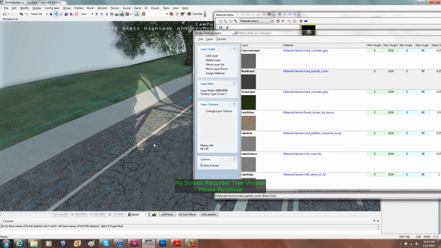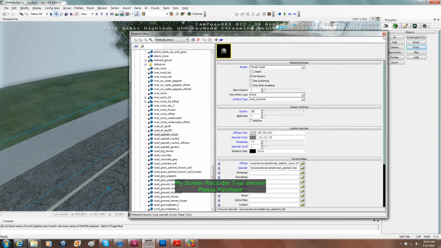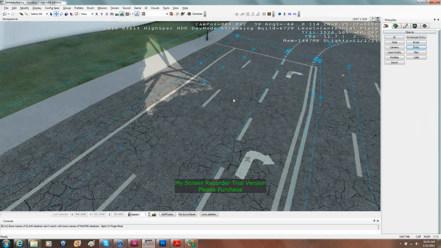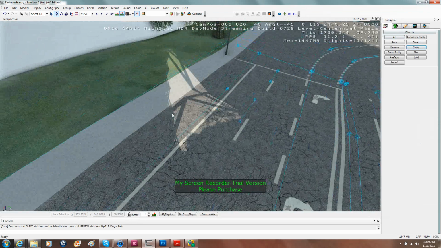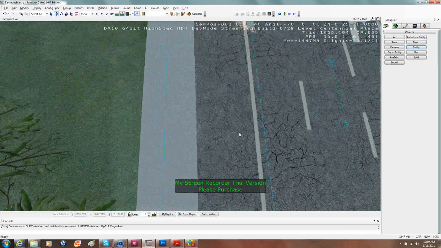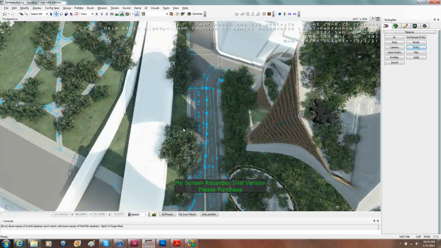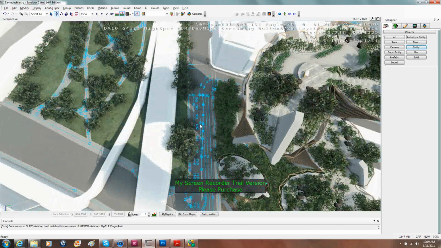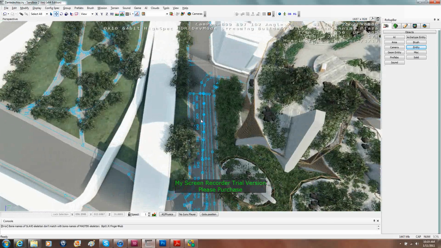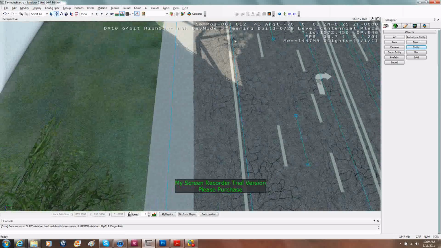Okay, Mike, this is my best attempt to see if we can figure out what's going wrong with the textures. So, textures are made up of two things. The first thing they're made up of is this detail texture that you can see up close here, where you can see these cracks in the road. And the second one is a texture that kicks in when you come back to a certain distance, which you're now seeing back here. So if we zoom back in, we'll just look at these two textures here for the